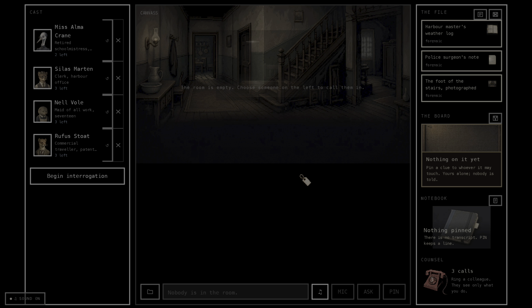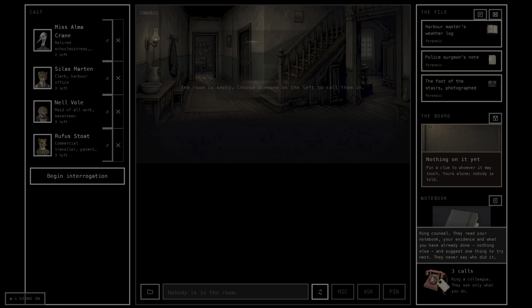I won't be going over them because I already know who did the murder, because I wrote almost all of the story here. That's the only thing which I wrote, is the story. Everything else, the art, the UI, everything has been written by AI. So this was created with Claude and GPT as well. All the assets that you see are GPT, whereas all the backend and the framework is Claude, and you have certain tools. So you can use a notebook, you can call another AI to counsel.